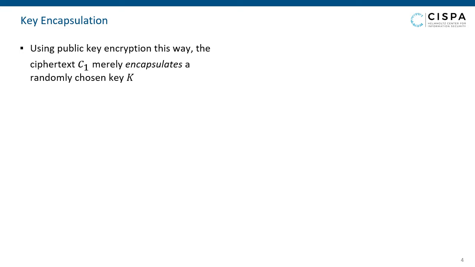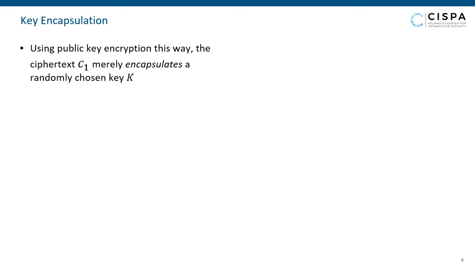But if we briefly think about how we use our public key encryption scheme here, our public key encryption scheme doesn't need to be capable of encrypting arbitrary messages. It just has to be able to encrypt randomly chosen or somehow randomly generated keys. So when we use public key encryption this way, the ciphertext C1, the public key ciphertext, merely encapsulates such a